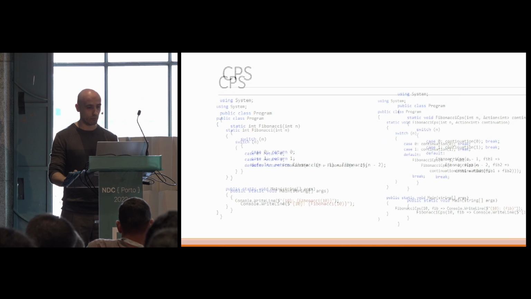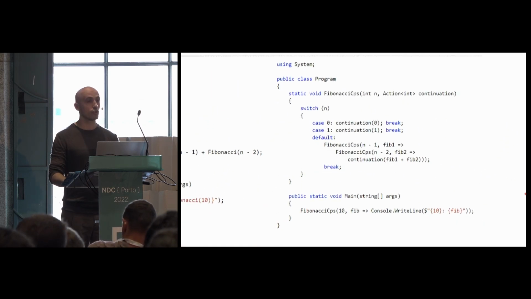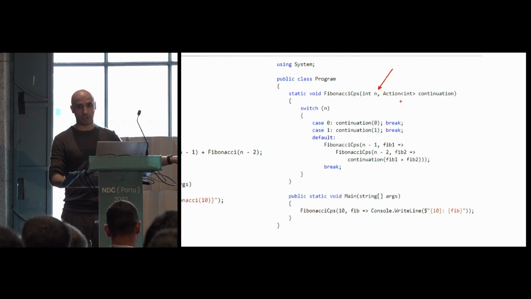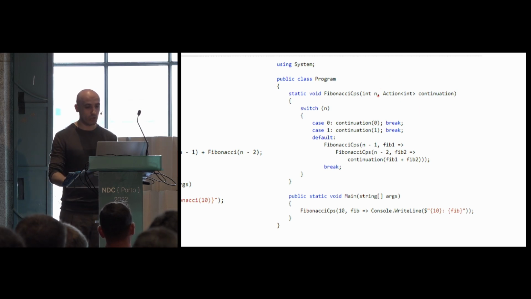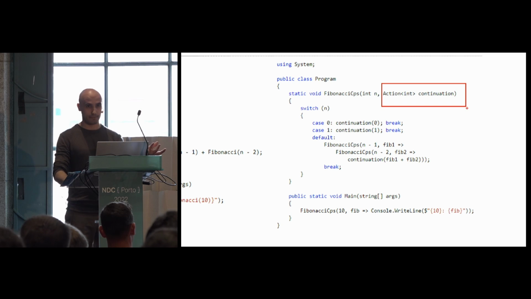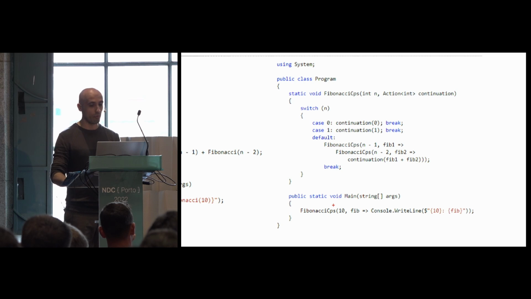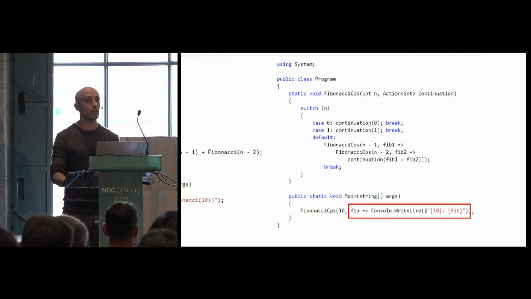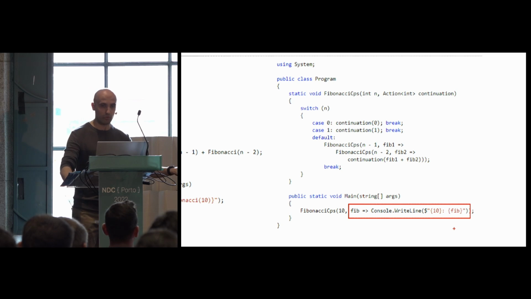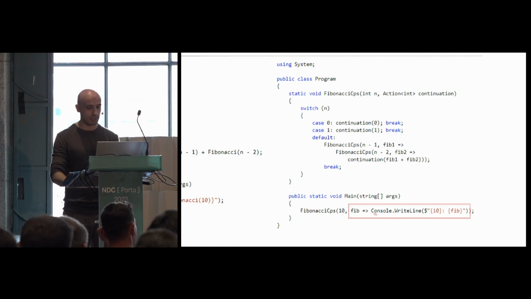With CPS, what we do is we ask the method to continue for us. So that's the difference. This method now not only gets the parameter, hey, which Fibonacci you would like to calculate, but also what would you like to do next? So this is the CPS, continuation passing style. We call the Fibonacci, passing it the parameter, we want the 10th Fibonacci number, and we also ask the method, hey, when you are done, do not get back to me, do not give me the result. What you should do instead is just call this code, call this lambda.